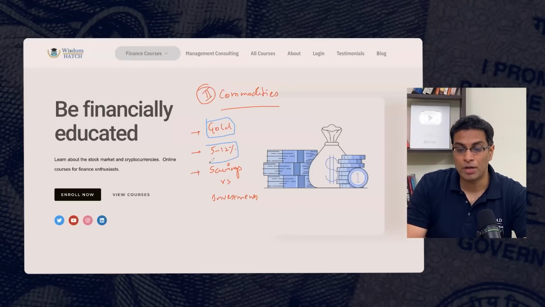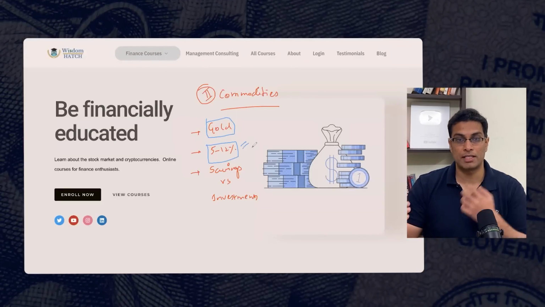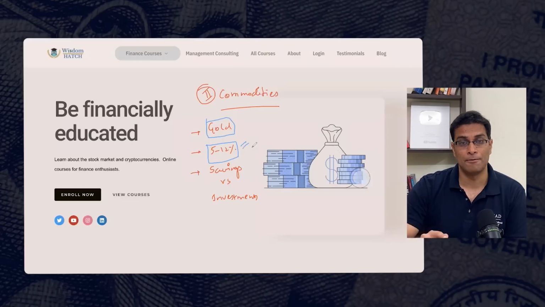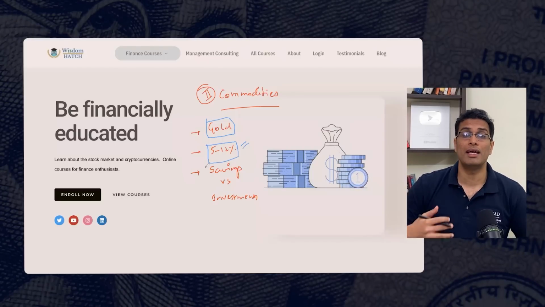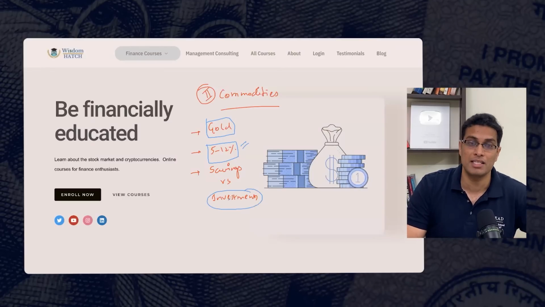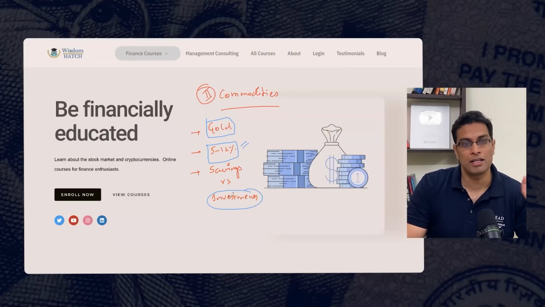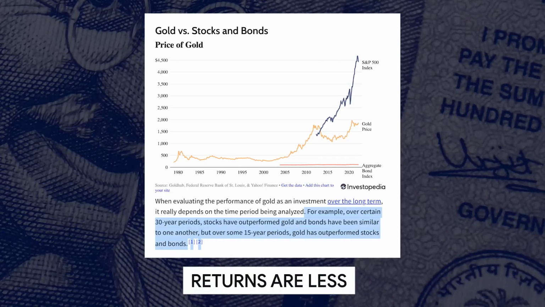The second key point that you need to remember is that the returns of gold usually lie between 5 to 12% over a long period of cycle. This is the problematic area regarding gold, because many a times we say, you know what, I want to invest in gold. Then gold is a very bad instrument from an investment point of view. Why? Because the commodity return cycle is huge. It takes years and years to recoup your investment. And if you get stuck in a bad cycle, then you will not be making any returns.